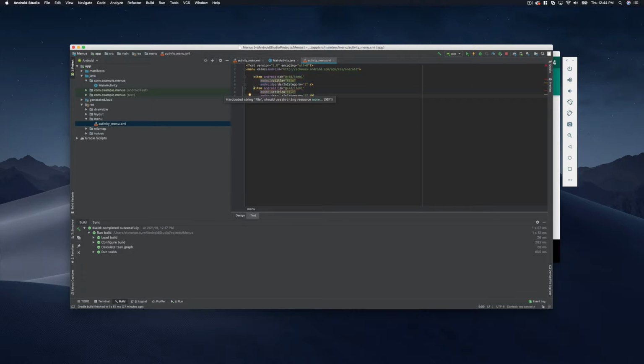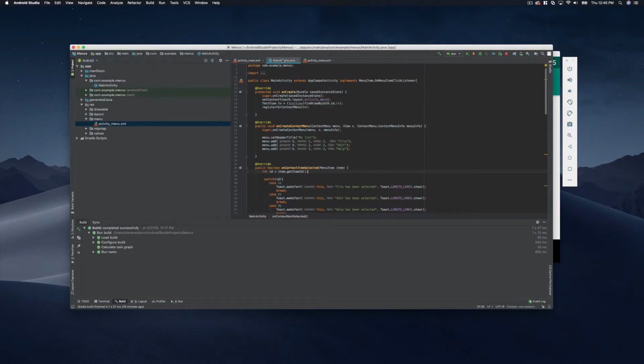Now I'm going to create my second item, call it item 2. Here, I'm going to change this from file to edit. And then in category, again, leave that as 1. Is created. The next thing we need to do is go back to the activity main, because what we want